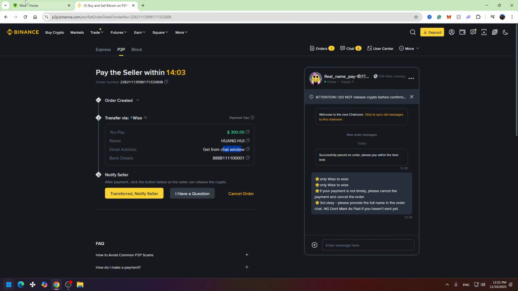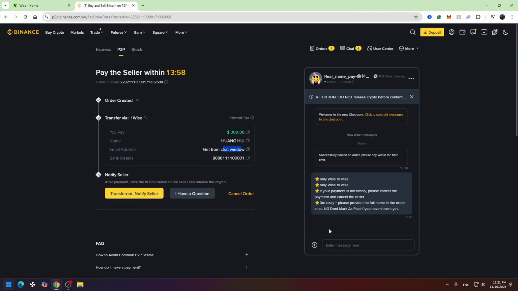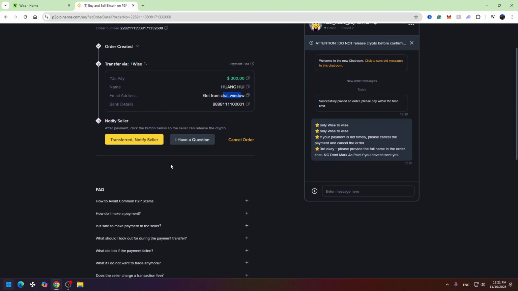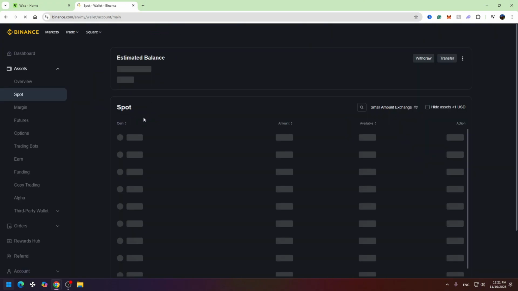After that, you need to transfer money from your Wise to his Wise account. Then you need to notify him that you already made the transaction. You can also click this button, Transferred, notify seller. And as I told you, in a maximum of 15 minutes, he will send the money to your Binance account. After he sends the money, you can go to your wallet, go to Spot account, and right here you will see